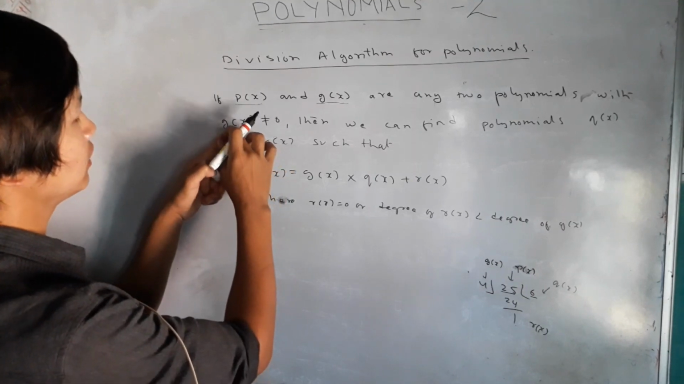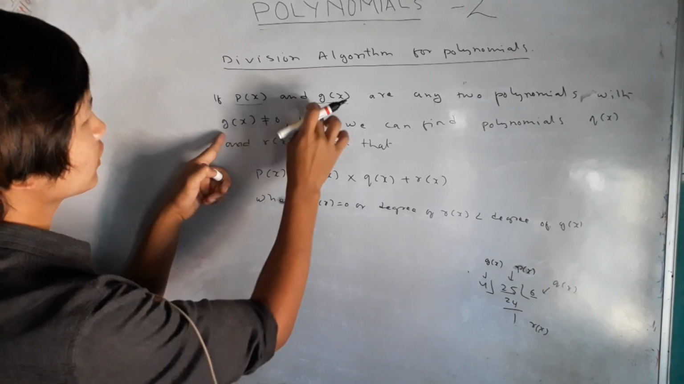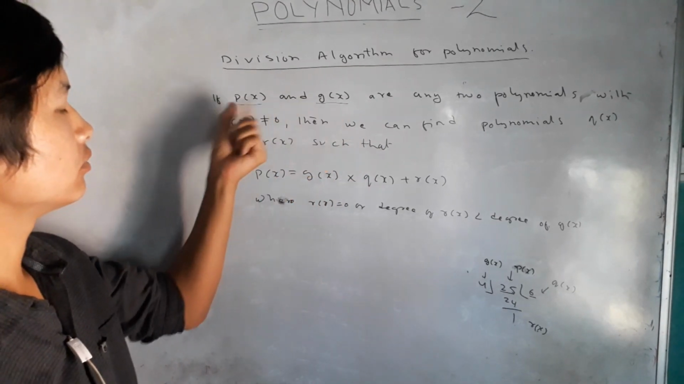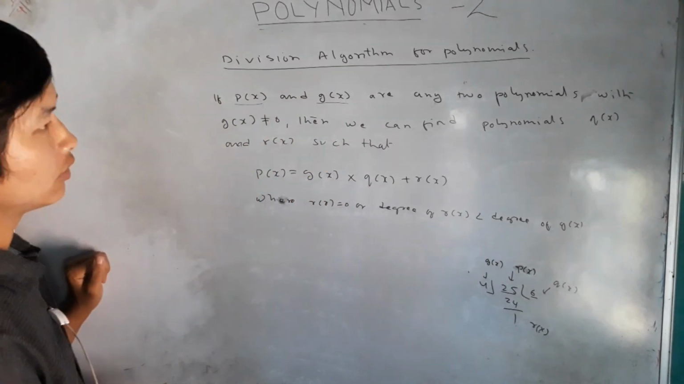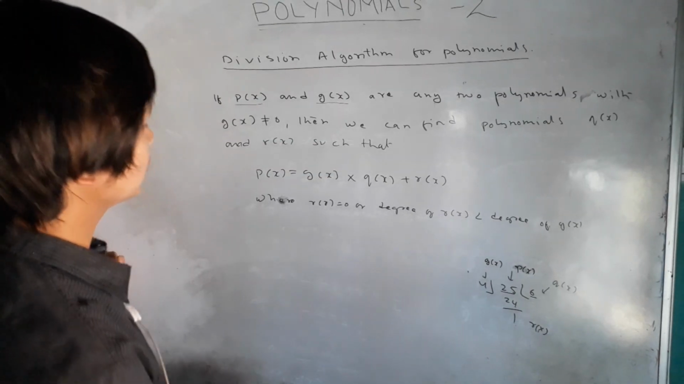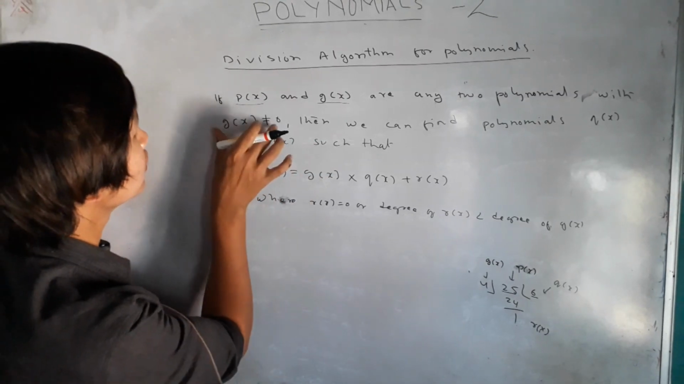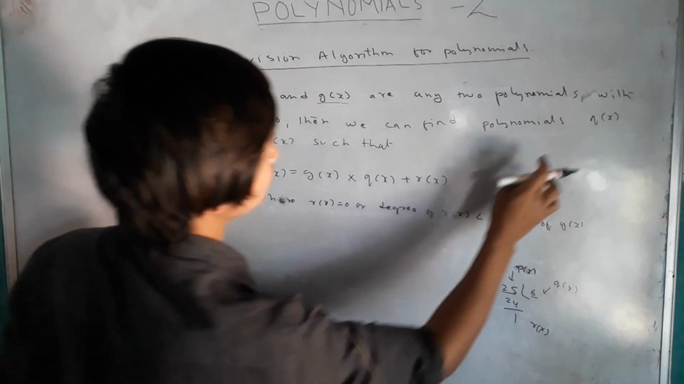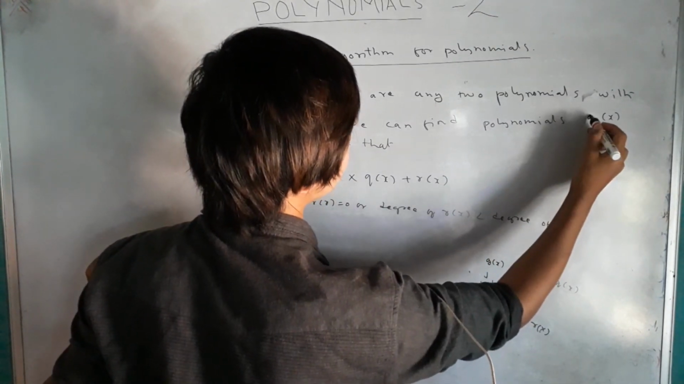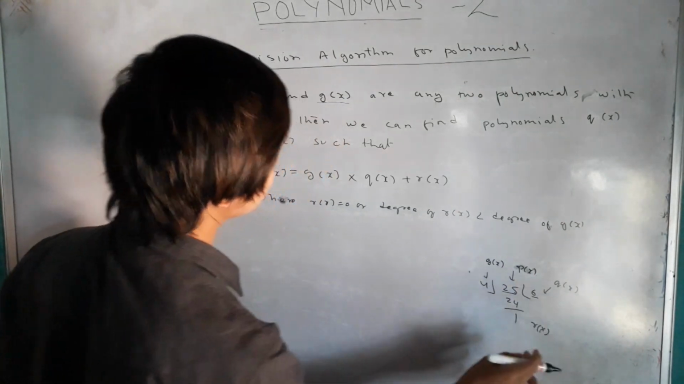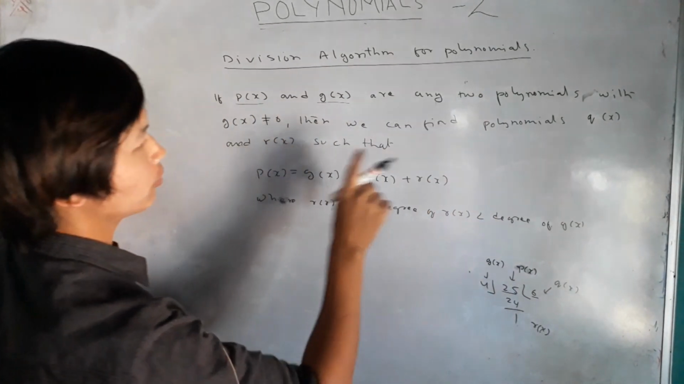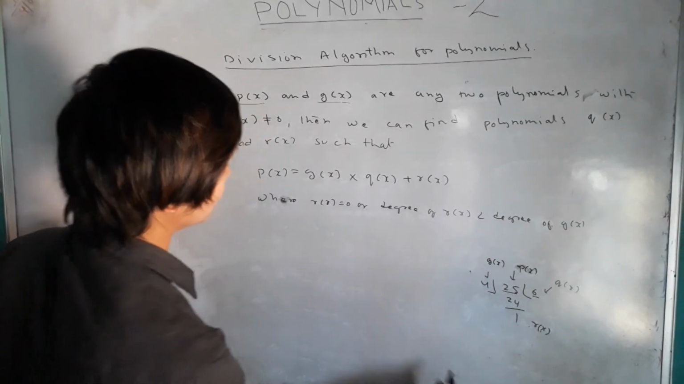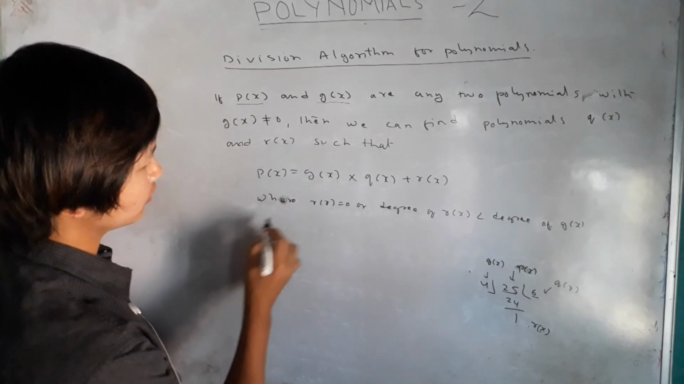This implies that the value of g(x) must not be 0. If it is 0, then we can't divide. In order to avoid that, the condition is given. Then we can find the polynomials q(x), the quotient, and r(x), the remainder, such that